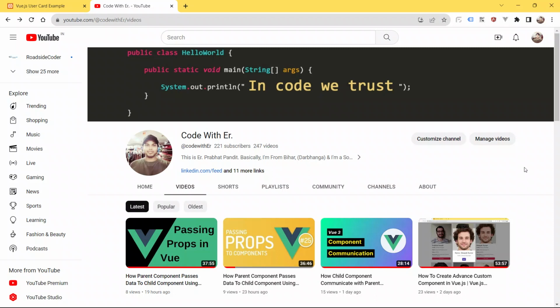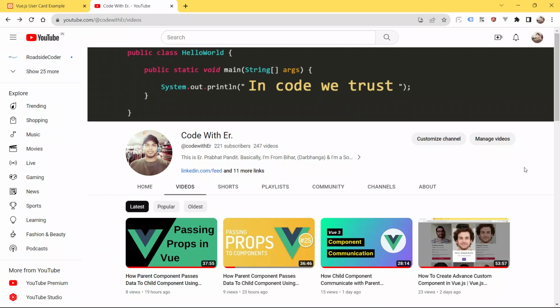In this video, we're going to learn something new, something different in Vue.js. Yes guys, you heard it right. In this session, we're going to learn one of the very important topics in Vue.js, which is what a props is, how to define a props, and how one component uses the props to send data to the other component as well.